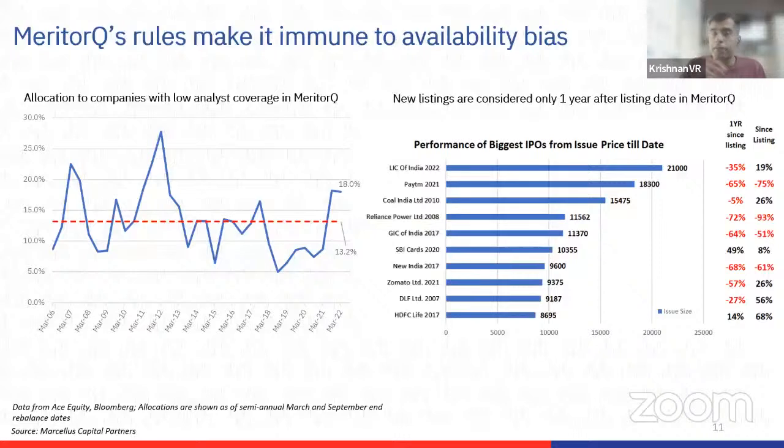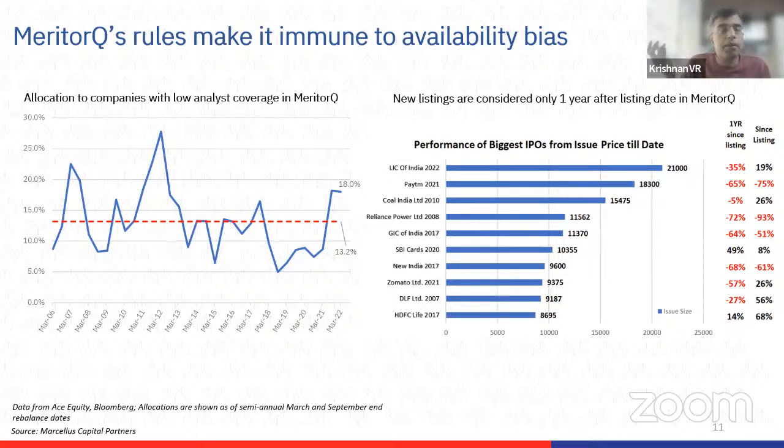And we found out that average is around 13%. It might not look very meaningful, but let me tell you, this 13% has a much better risk-adjusted return, at least in the history, versus the cohort, the rest 87%, which has good analyst coverage. So just to give you some examples of specific companies,